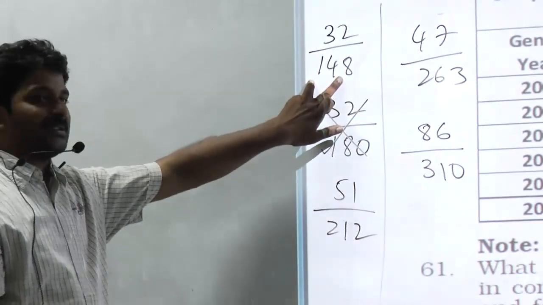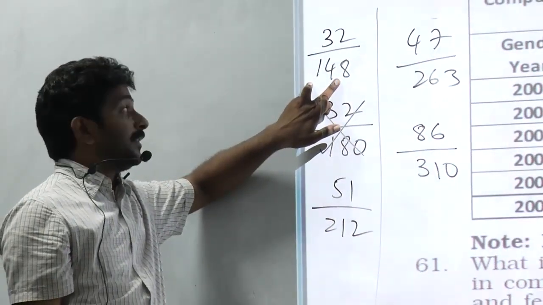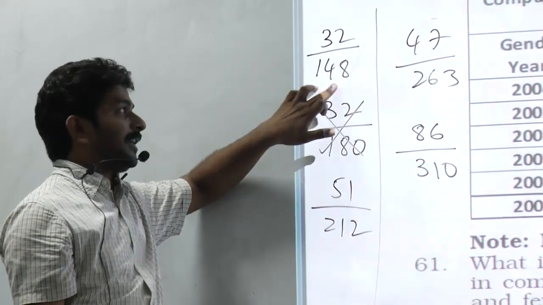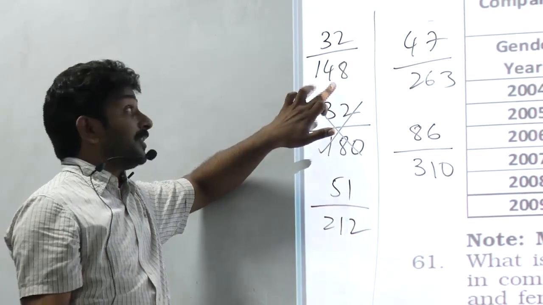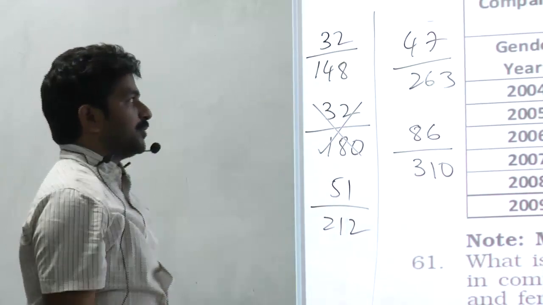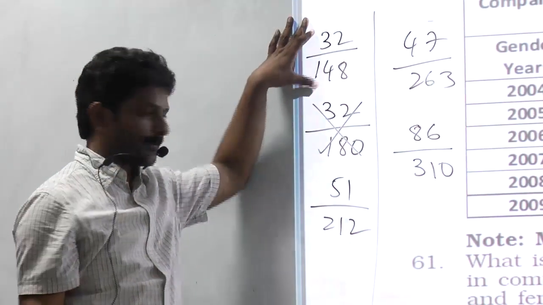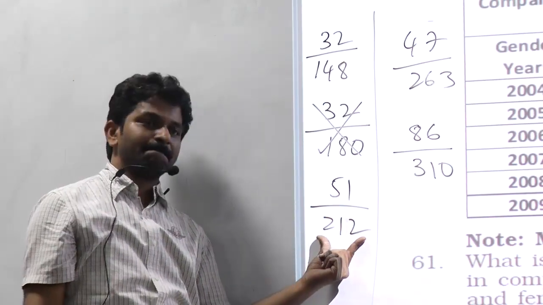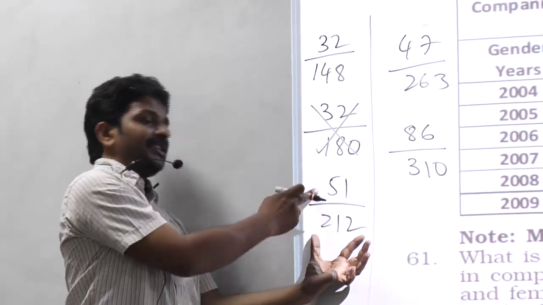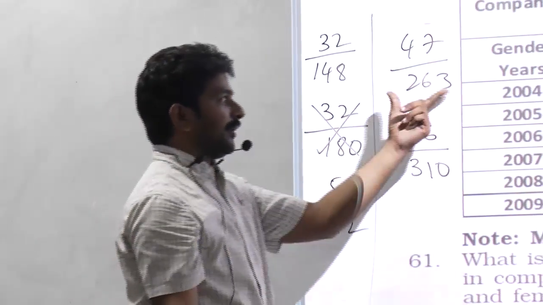What about 10% of this? 20%? 29.6. More than that. 30% will be more than 40. Yes or no? So that this is more than 20%. Far less than 30%. 20% of this 42. 30% of this 63. More than 20 but far less than 30. Yes? Hold it. 20% of this